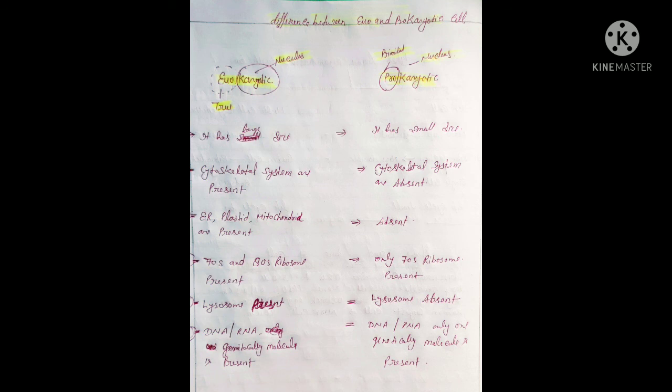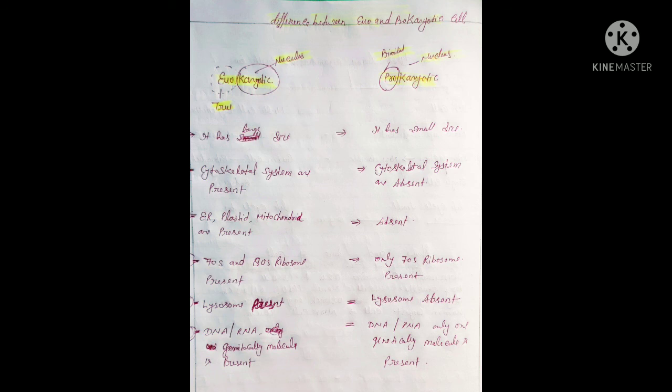Okay, so there are two basic classes of cells, prokaryotic and eukaryotic cells. Eukaryotic cells are defined as follows: Eu means true and karyotic means nucleus. So eukaryotic cells have a true nucleus. Some characteristics of eukaryotic cells: